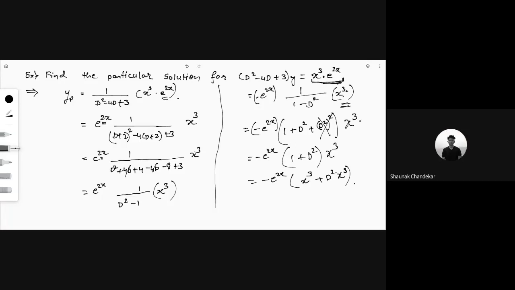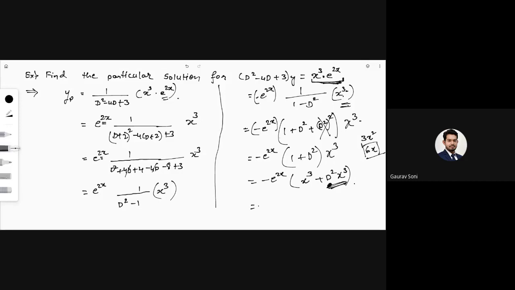So 6x. No, d square x cube is, yes, it is 6x. Wait, so d square is nothing, d is nothing but derivative. So d square मतलब 2 बार डेरिवेटिव। x क्यूब का फर्स्ट डेरिवेटिव आ जाएगा 3x स्क्वायर एंड सेकेंड डेरिवेटिव विल बी 6x।